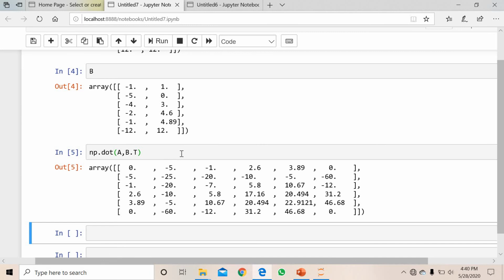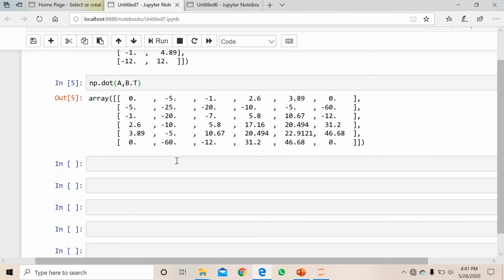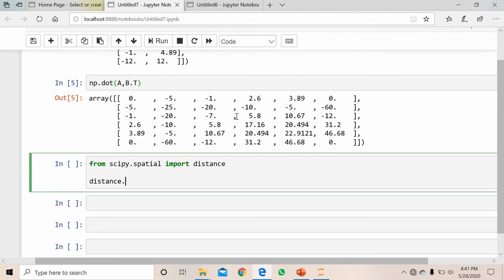Now, moving further, we are taking the example of Euclidean distance. How can we calculate the Euclidean distance? We'll see here. There are two methods to calculate the Euclidean distance. First, you need to call the library: from scipy.spatial import distance. So distance.cdist, and inside the parentheses you need to pass the a, and here